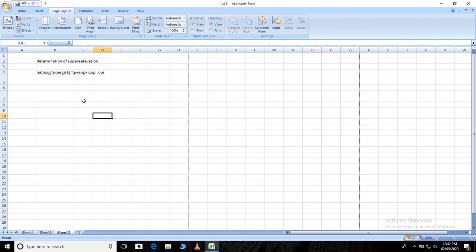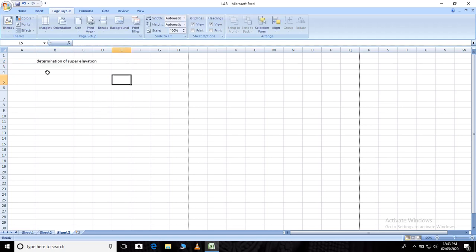I have not done it like this, determination of, then super elevation. I'll show it once again. When you click on a single cell, you have to write continuously. I have clicked on this cell and continuously written determination of super elevation. Understood?